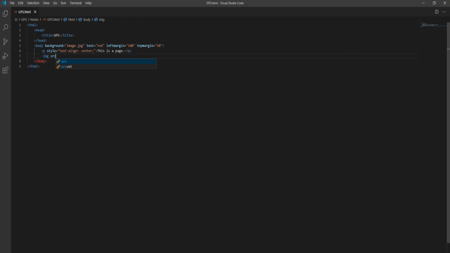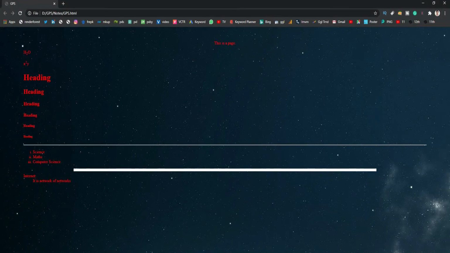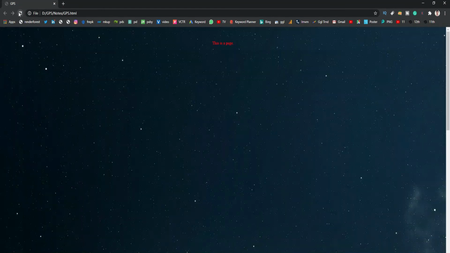Image src equals to, and we have to write the URL of any image. Let's suppose we are using the same image as the background, and we want to insert this image in our web page. How can we insert it? We have to use the img src attribute. Go back to the page and refresh your page.